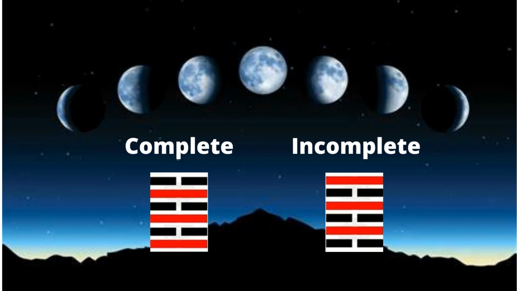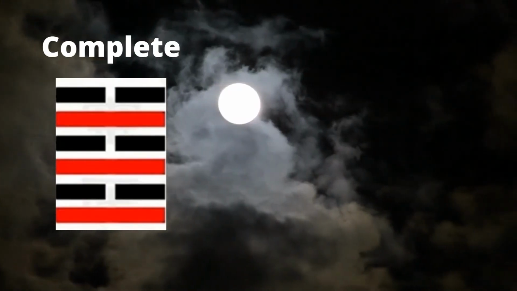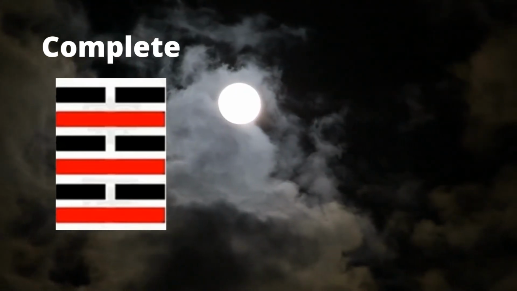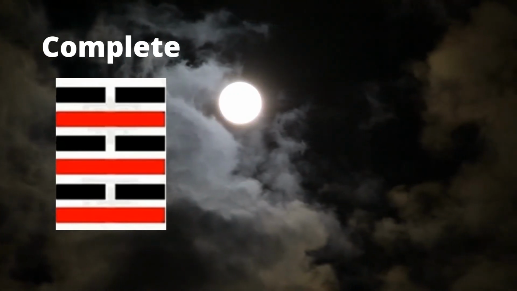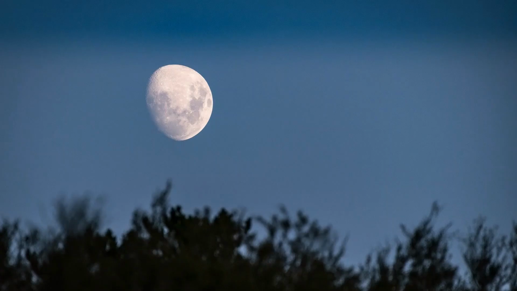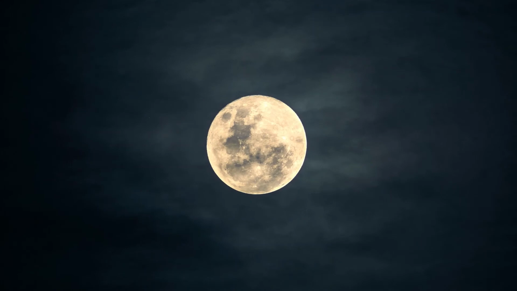Hexagrams complete and incomplete reveal the perpetual cycle of the moon. We don't always see a full moon every time when we look up at the sky. Full moons happen only once in every 30 days. This is the moment of perfection. Just like everything is perfectly good. Then, full moon is waning. Perfection soon turns to imperfection. New moon is waxing. After 30 days, we see the full moon again.